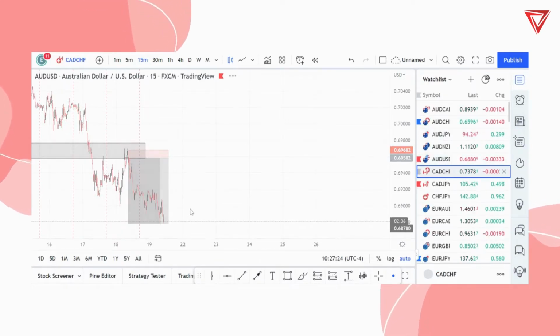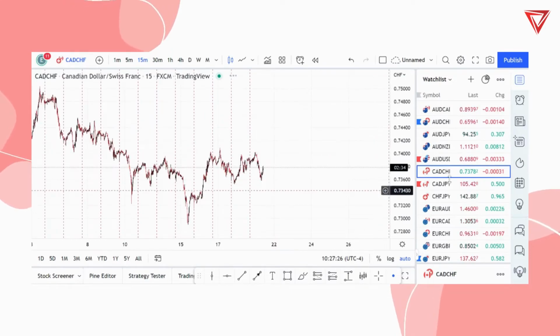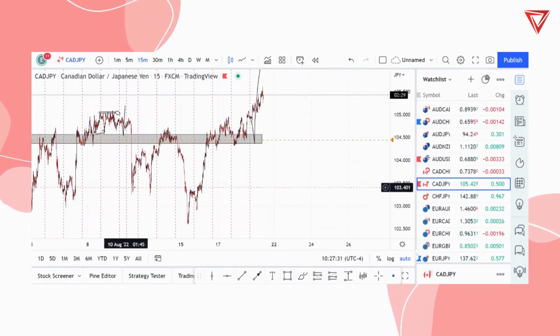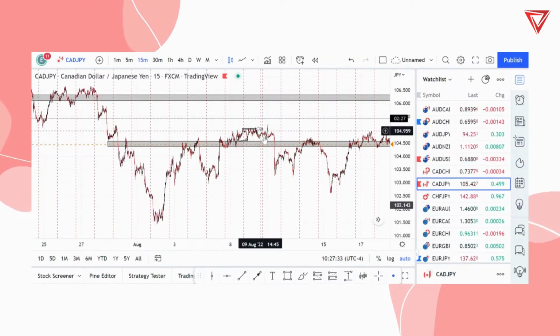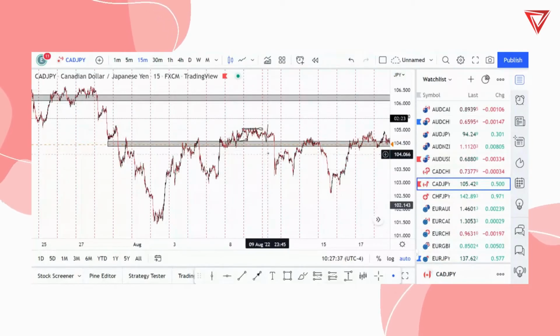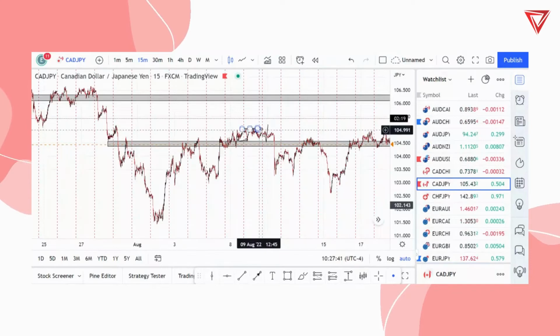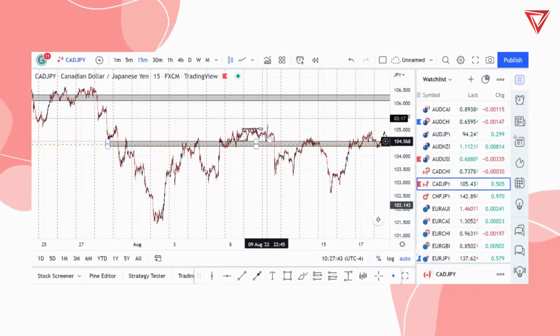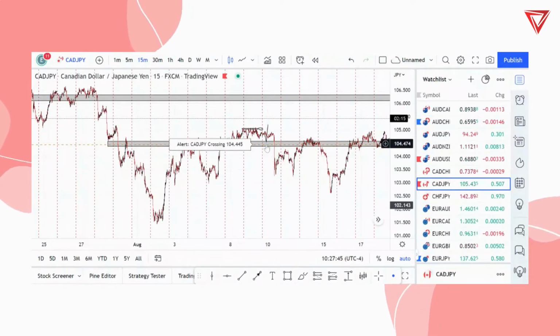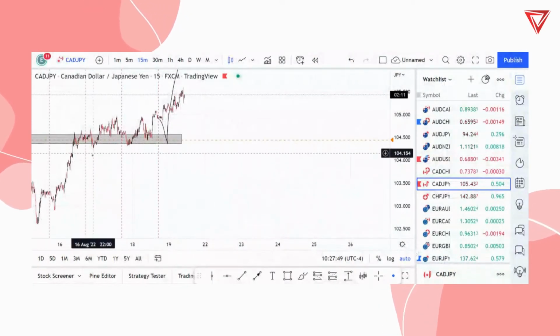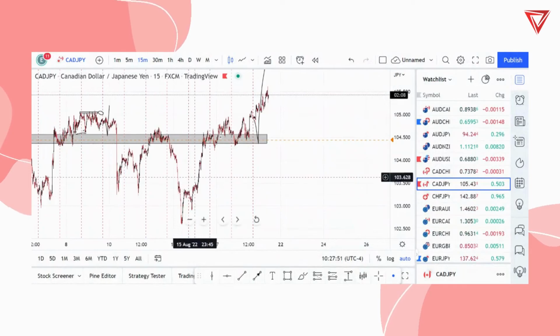The next thing, CAD CHF. Did I have anything on this? No, I did not. CAD JPY, I did this up yesterday, thinking that because I had this as a bias, right? I had CAD JPY, thinking this would have been last week if I'm not mistaken, thinking that it would come down into this area because this is a liquidity area, a liquidity zone, thinking that it will come down into this area and then grab some liquidity and then shoot up for this area. In actuality, it didn't happen, and then it broke the liquidity zone, coming back into bull momentum again.